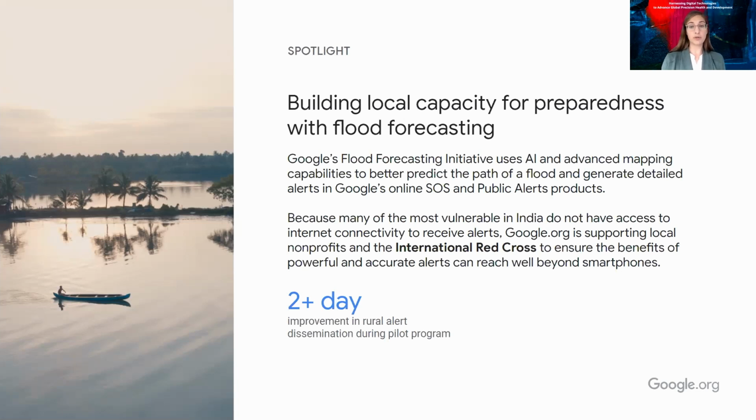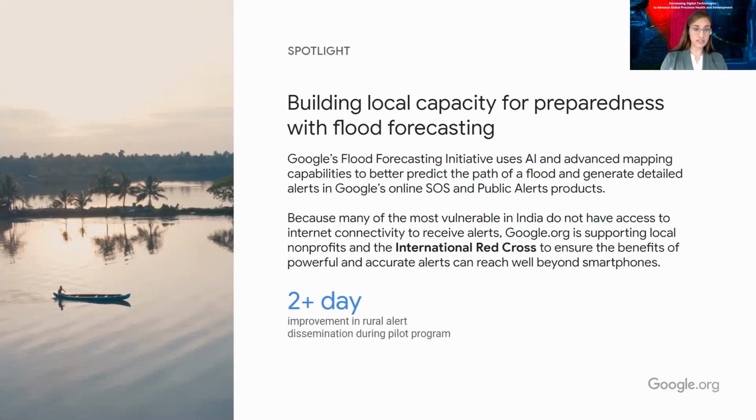But I think this is a really good example of combining digital technology with offline solutions, because as you can imagine, many of those who are at greatest risk for impact from floods are not necessarily the folks who are getting a smartphone alert with a map showing them where the flood susceptibility is highest. And so we've partnered with the International Red Cross in India, where this has started, and expanding now to Bangladesh, into other countries, to really build out a community alerting system alongside this. So how do we take the information that these models are outputting, which is critical information, and try to get it into as many hands as possible?